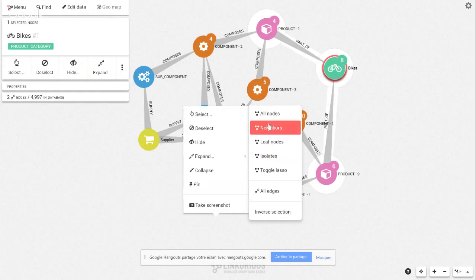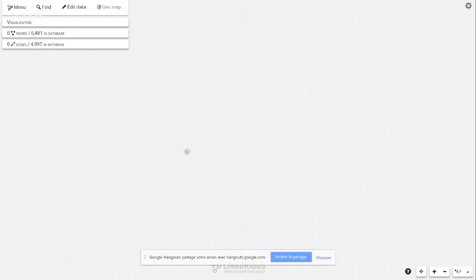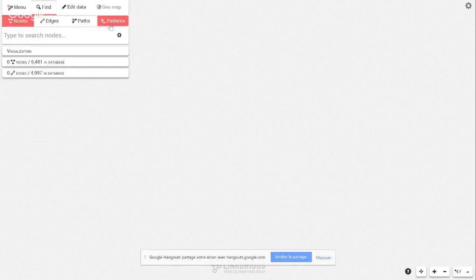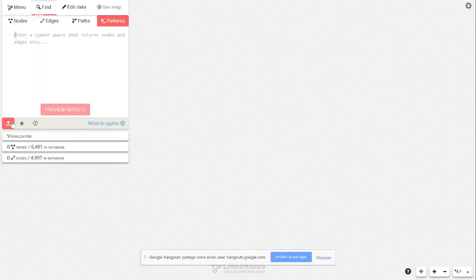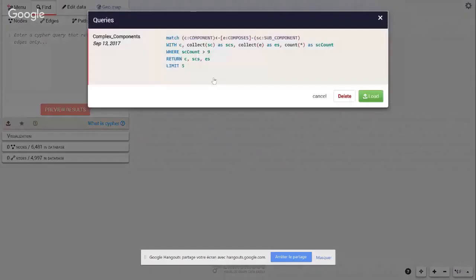Selecting everything, removing the nodes from the canvas. And I'm going to use something a little bit more analytical, where we are going to use a query language, the Cypher query language, to identify a particular pattern hidden in the data. So to do that, I'm going to go here, click on Find, click on Patterns, and here I'm going to load an existing pattern. So I'm clicking on Load, I'm selecting this pattern,